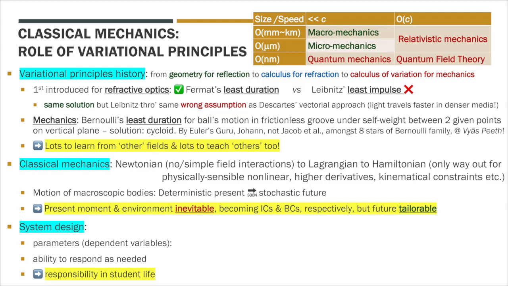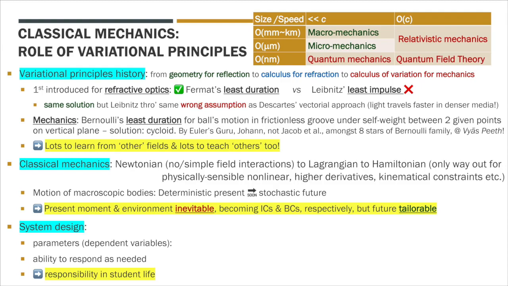So if you have a vertical plane and those 2 points are also in a vertical line, then it's obvious that it's just going through a straight line. But if those 2 points on the vertical plane are A and B, not in a vertical line, but on the same vertical plane, then you basically look at